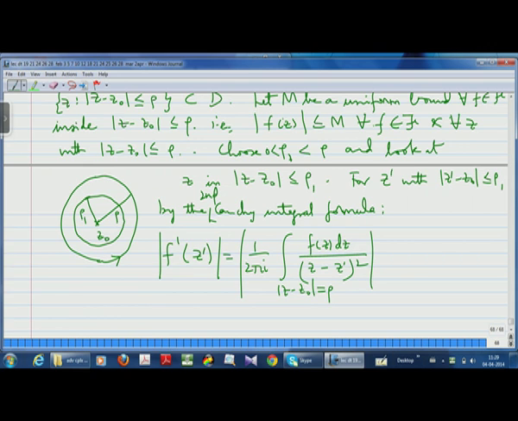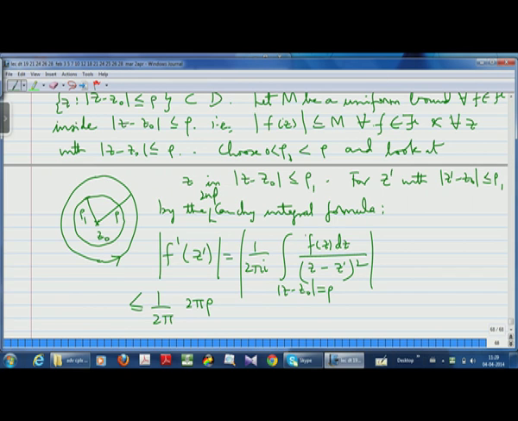So what I am going to get is that this is less than or equal to 1 by 2 pi. That is what I will get for this term outside, 1 by 2 pi i, and the length of this contour is going to be 2 pi rho. It is just a circle of radius rho, alright. And then what about the integrand?